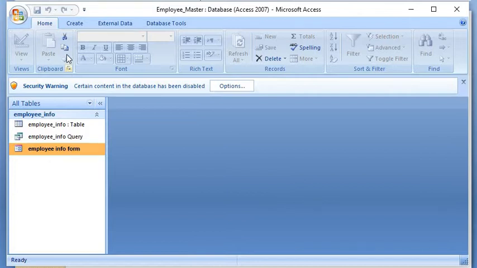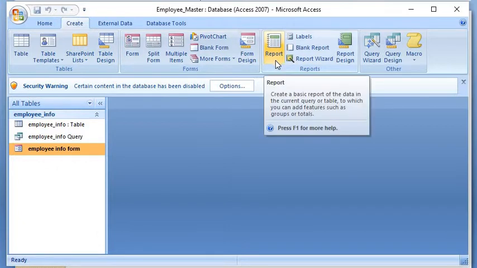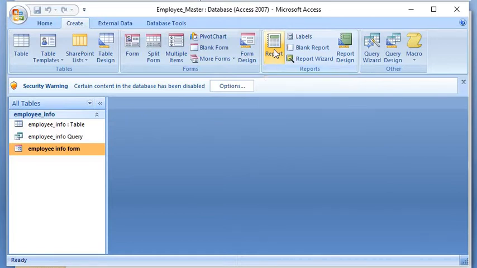To create a report using the report button, you have to click the Create tab and you will see here the report button. It creates a basic report of the data in the current query or table, to which you can add features such as groups or totals. So this is a report. With a single click you are able to draw a report.